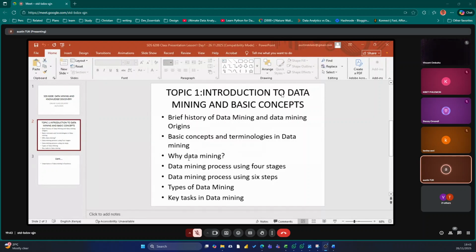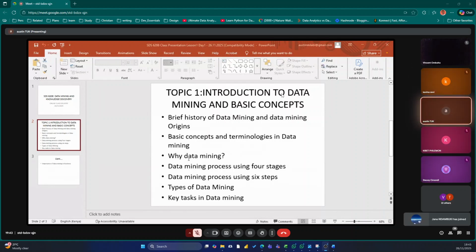And these models should be able to help you make a decision and any other business actions that are viable based on the objective of mining that data.